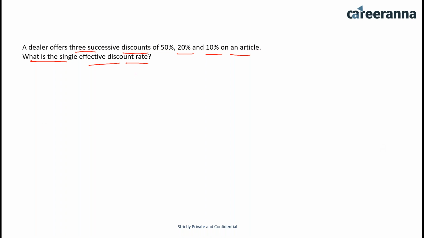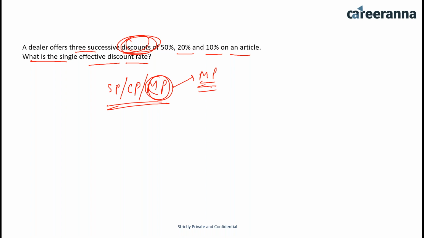Okay, now I know that discount is always calculated on what value? Please be very quick. Selling price, cost price, or market price? Yes, market price. Discount is always calculated on market price. Very good. Now, I have to assume market price to be 100 because it is always calculated on market price. Now, after allowing the 50% discount,